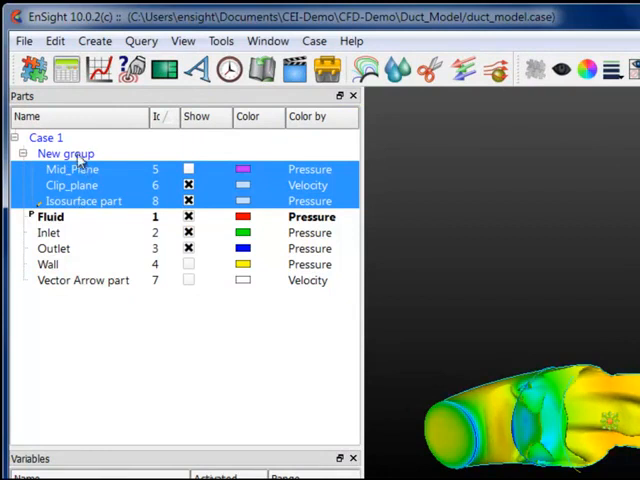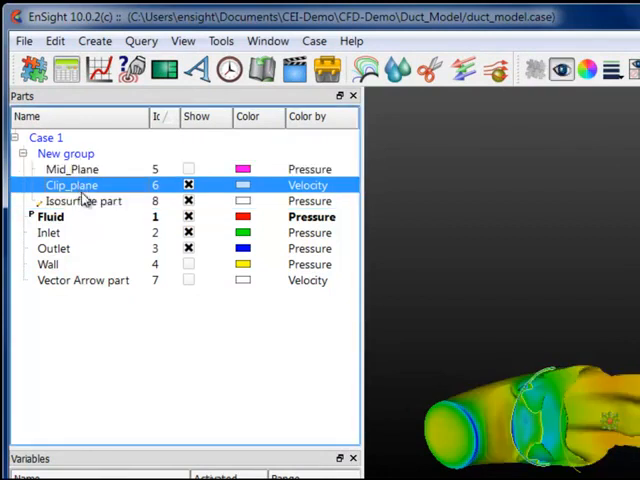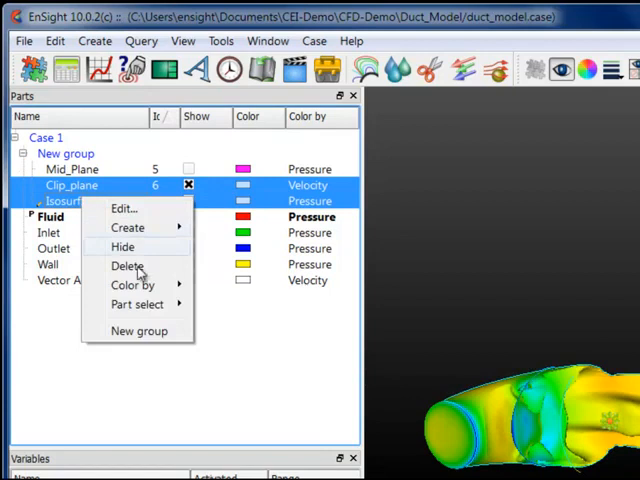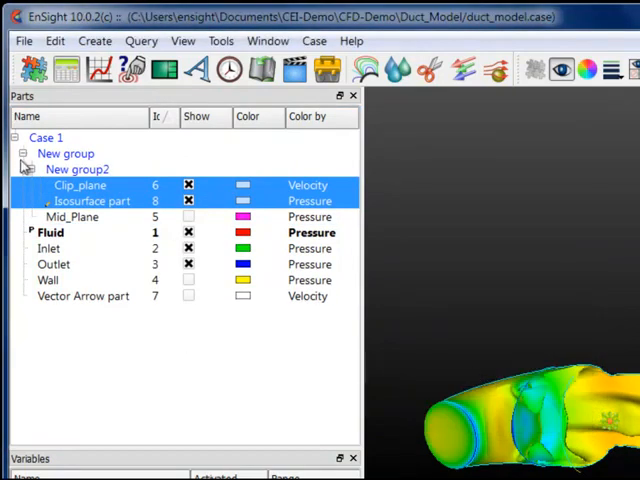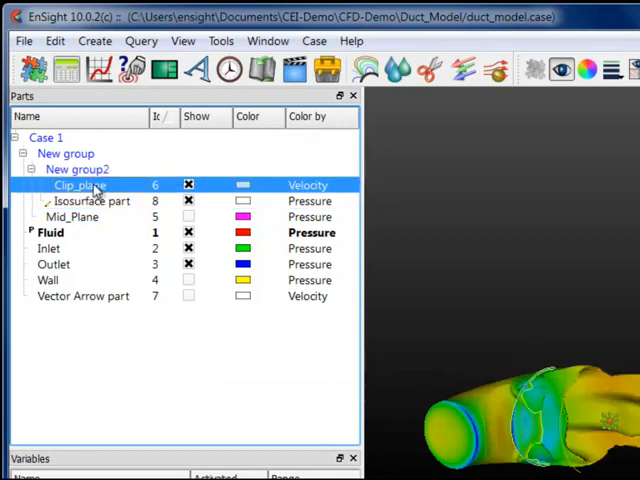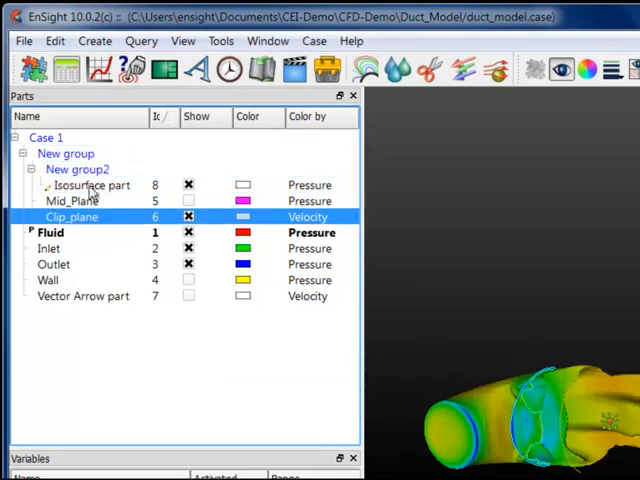Now in EnSight 10, these groups are quite dynamic. I can create another group, a subgroup in here. So I'd like to have another group here. This will be called group 2. And we can see that we can change different parts within a group as well. So I can drag the clip plane out. If I select the clip plane and drag it out and drop it onto the new group, it's put into